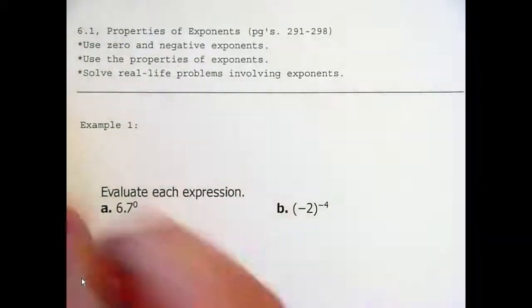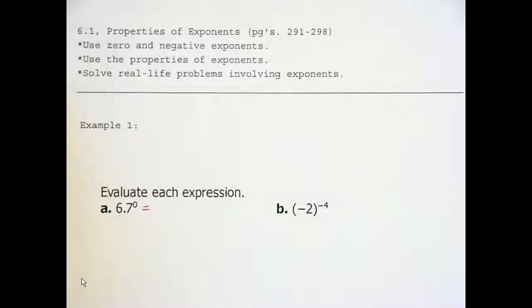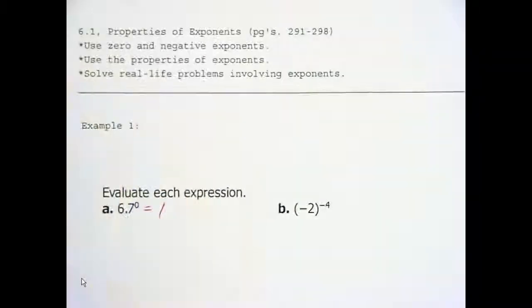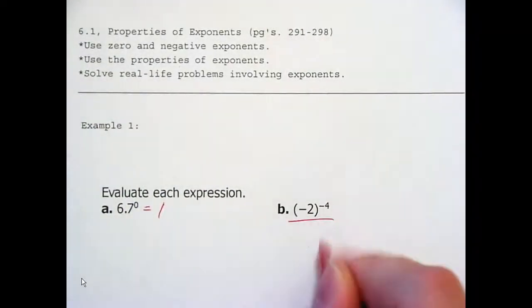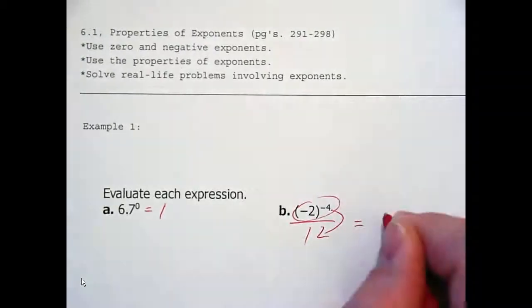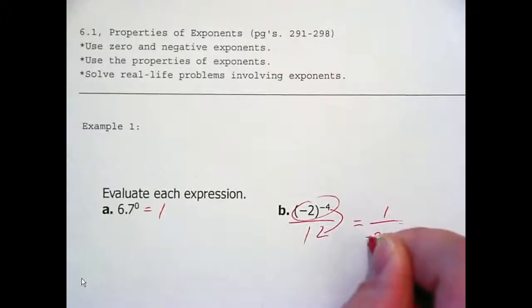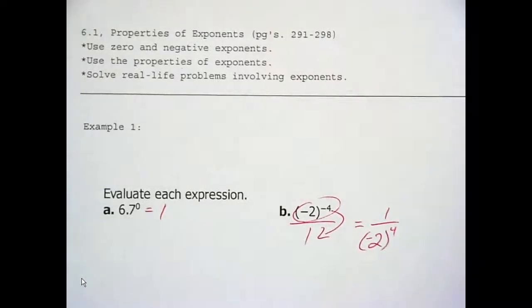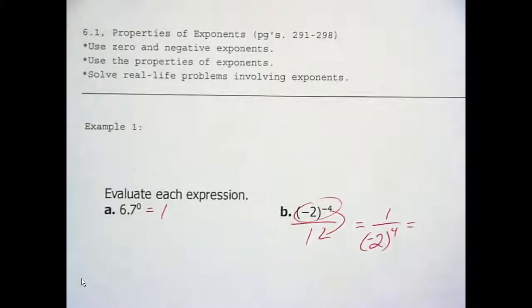All right, so what is 6.7 to the 0? It is 1. Anything to the 0 is 1. This one right here, write it as a fraction and move it to the bottom. So that becomes 1 over negative 2 to the fourth. Which means 1 over negative 2 times negative 2 times negative 2 times negative 2, or 1 over,